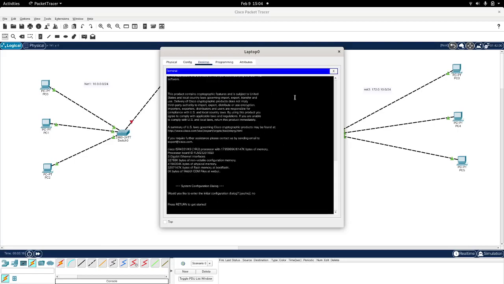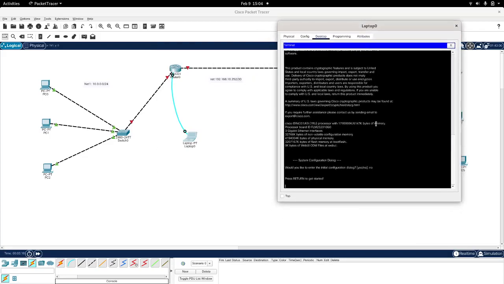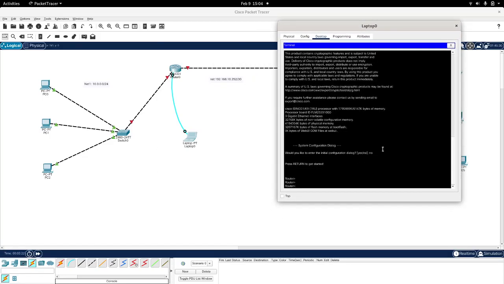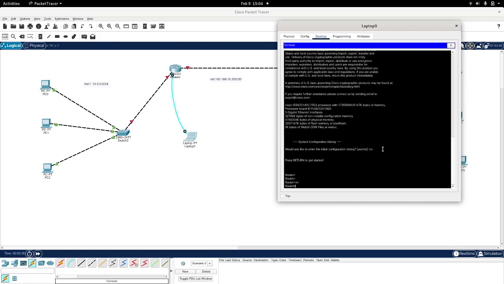I will say no to this because I will make the configuration all manually, and I won't get into the details of the configuration of the router. It might not be the safest for a production environment, but it is all about analyzing how the static routing works. The only thing I will do for this router is configure a host name. I will call this router left,